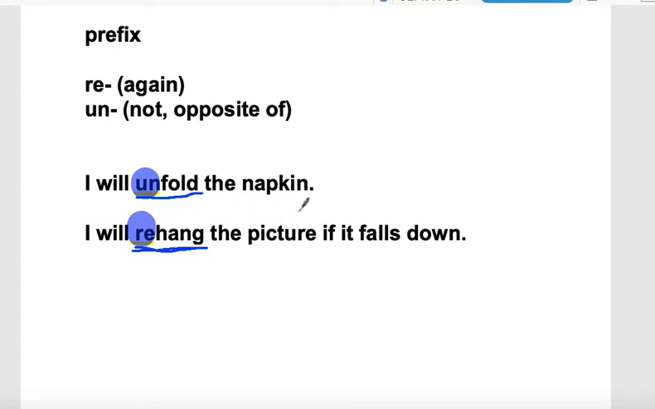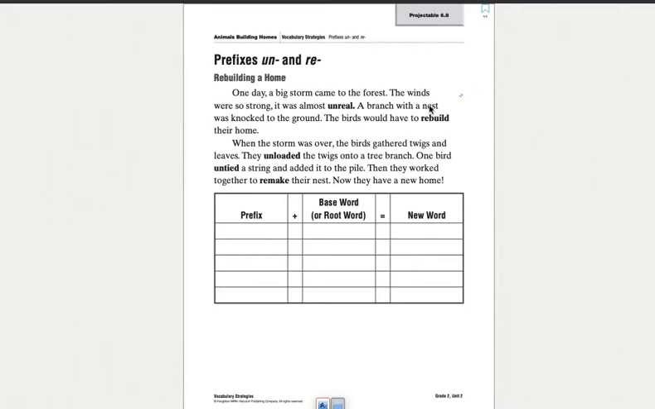I will hang the picture if it falls down. So if the picture falls down, you're going to hang it up. Or if the picture falls down again, I will rehang the picture. I'm going to hang it again if the picture falls down. Okay? So let me switch screens here and I want to show you some more examples on one of our